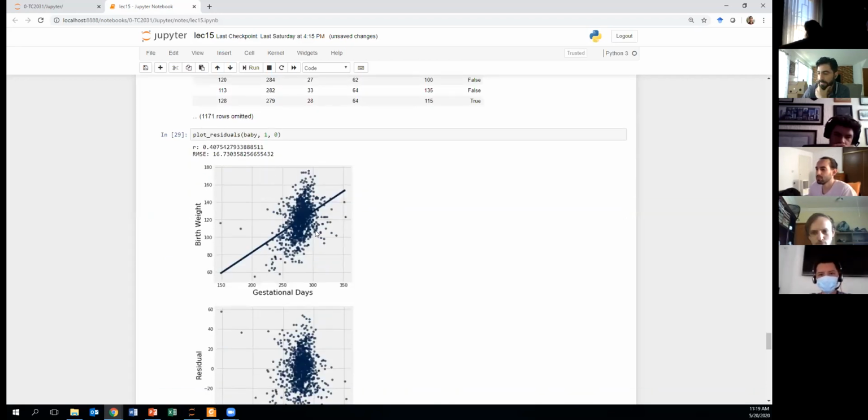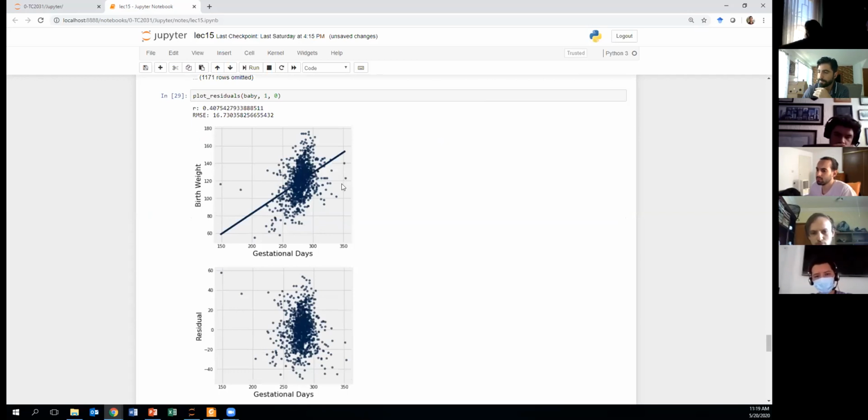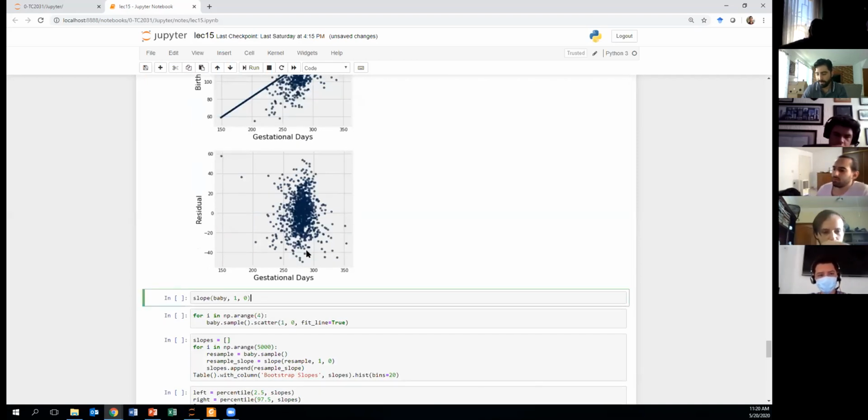So if I draw these two plots, the first one is the scatter plot with the fitted line, the regression line, and the second one is the residuals. You can see here R is 0.4. There is some positive linear relationship based on the R that we calculated. And this is the root mean square error. Those points are close to my regression line, the others are farther away. So if I calculate the slope,